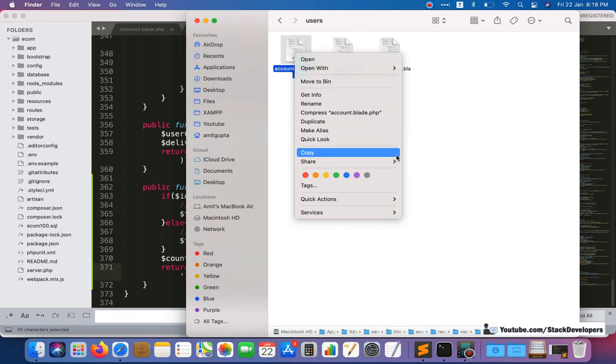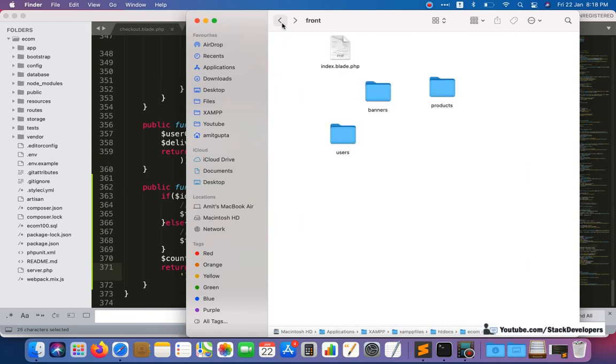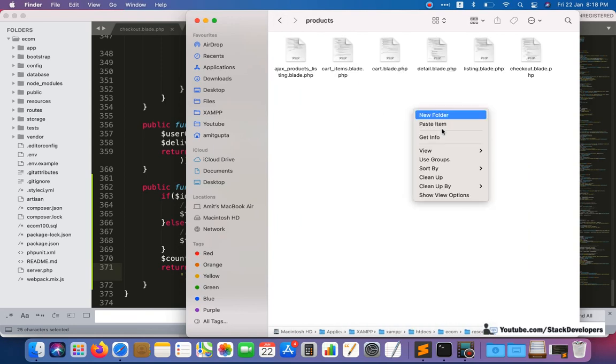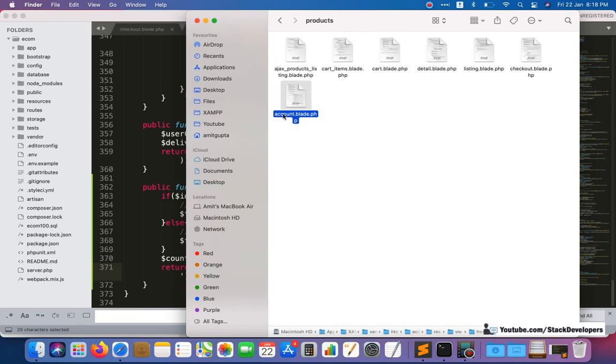This file I can copy and put inside the products folder, paste, and I am going to rename it with add edit delivery address. Then I am going to make changes in this one.